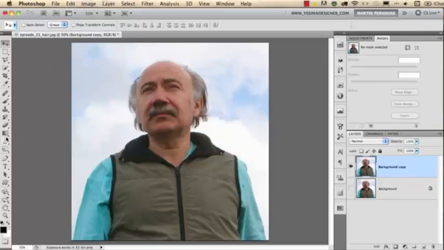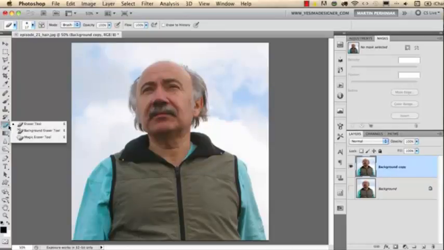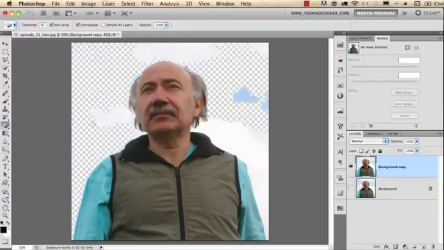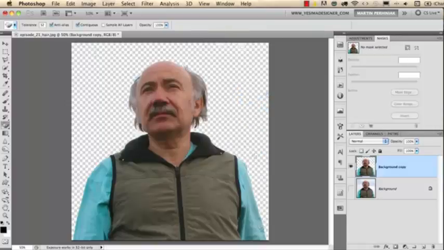I will use this tool under the eraser tool. There is the magic eraser tool, so I select that, and with that I will just simply click on the background a couple of times until I get rid of these patches from the background. The only problem with the magic eraser tool is that it deletes the background elements, so to make a mask